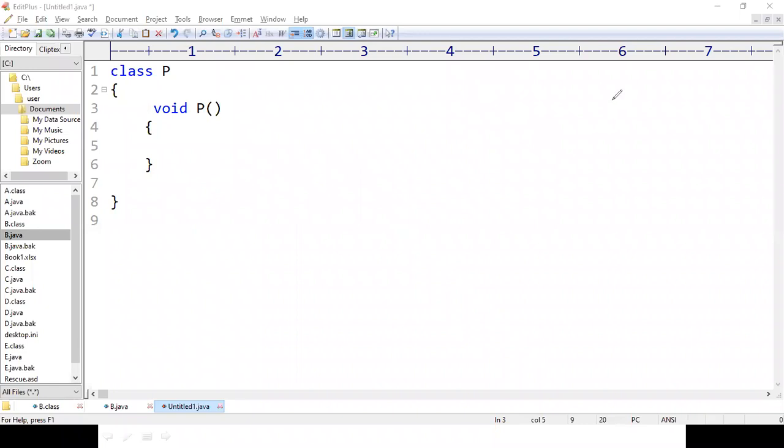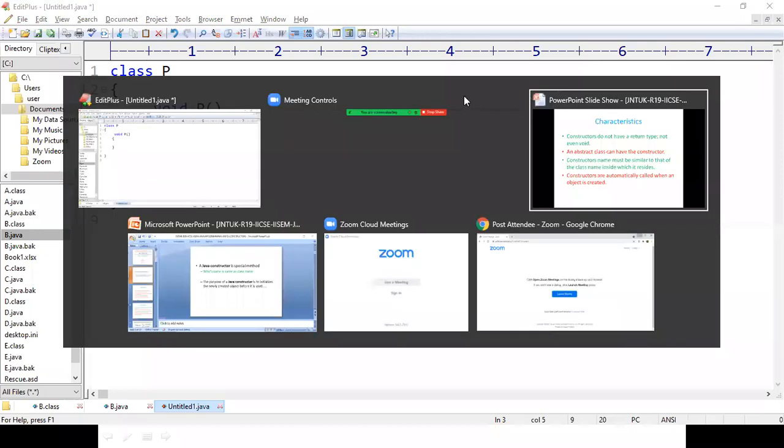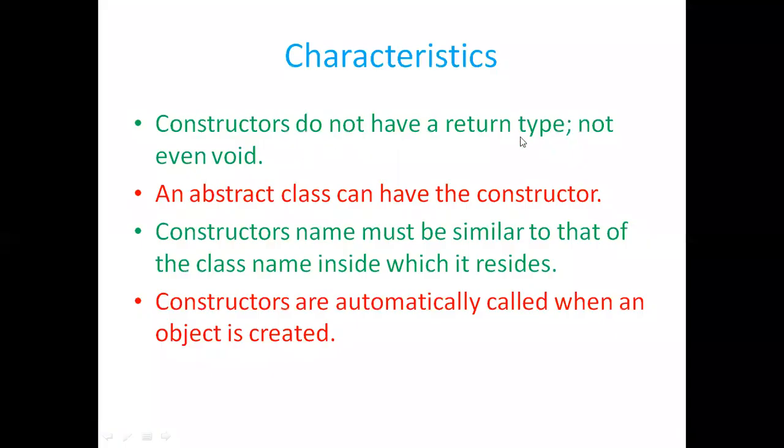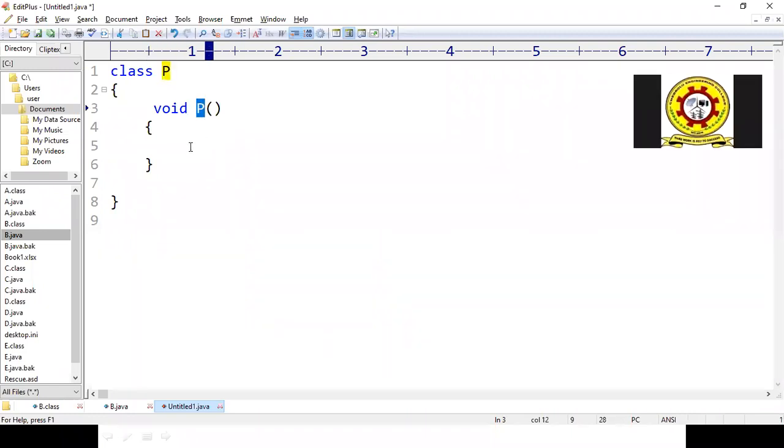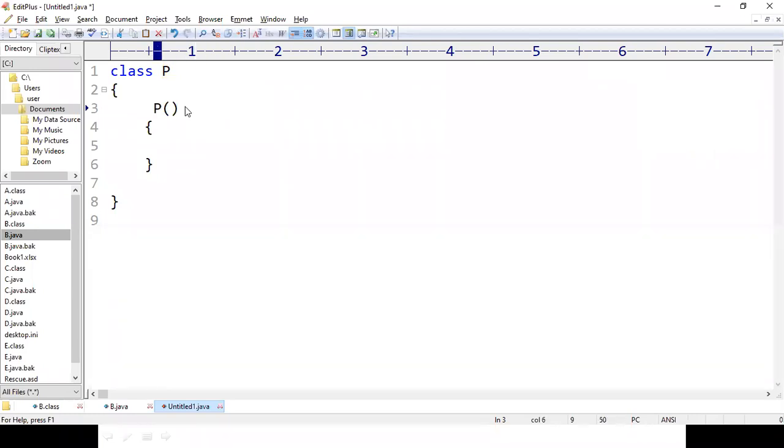The point is that constructors do not have a return type, not even void. It is not legal to use void along with the constructor definition. So the first condition is that the class name should be the same as the constructor name, and the second condition is that constructors do not have a return type.